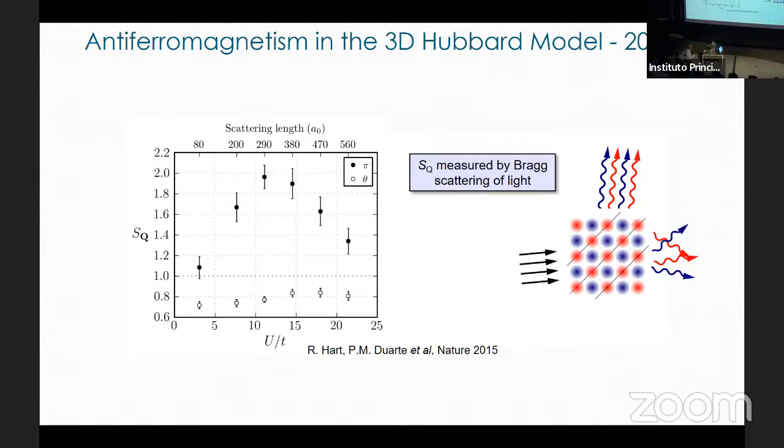So this is the so-called structure factor, which is the fraction of this light which is scattered coherently. And the structure factor indicates kind of how many sites of correlation you have in your system. You can see we have of order 2 sites or so, which are correlated antiferromagnetically, which means that if I look somewhere over in here, compared to this atom's probability to be up, its correlation with this one being down, there'd be very little correlation. So it turns out that we're not below the Néel transition, but we were really close to it, just